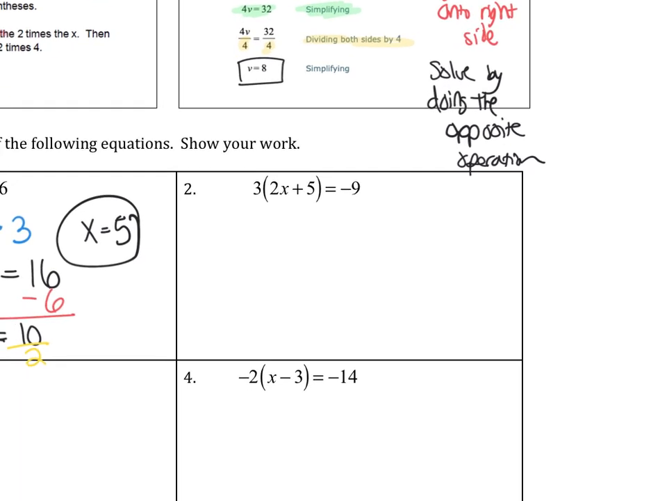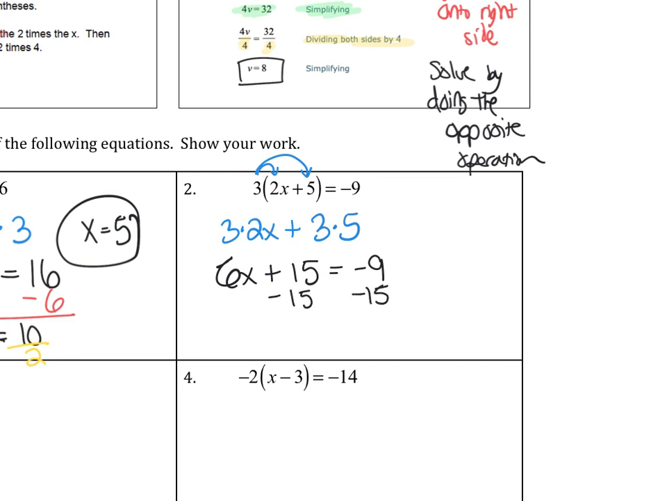Let's try the next one. So in the next one, we have 3 times 2x plus 3 times 5. And then we simplify that to look like 3 times 2x is 6x plus 3 times 5, which is 15, equal to negative 9. Move your numbers or get rid of the adding or subtracting first. So since 15 is being added, I'm going to subtract it from both sides. When I do that, I'm left with 6x is equal to